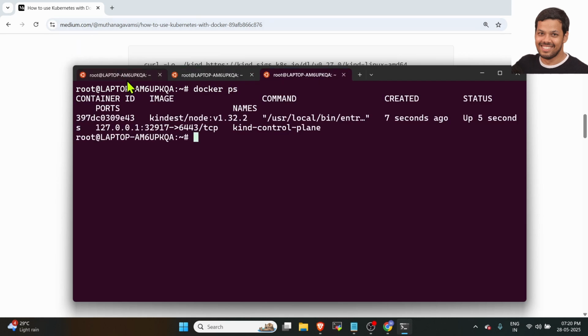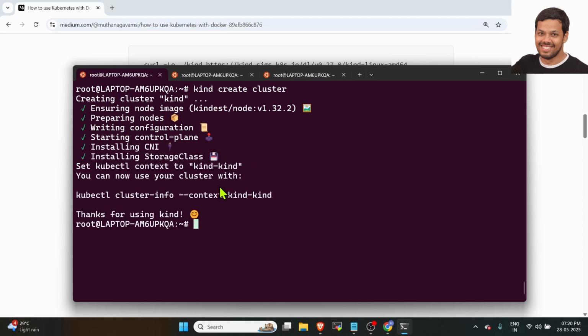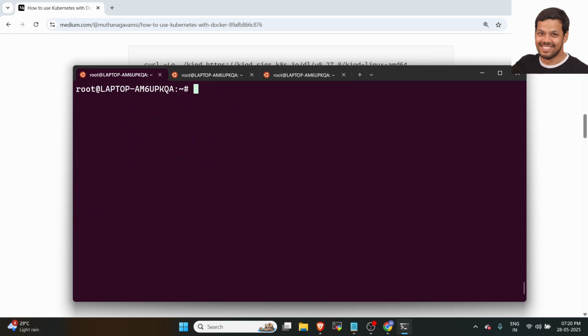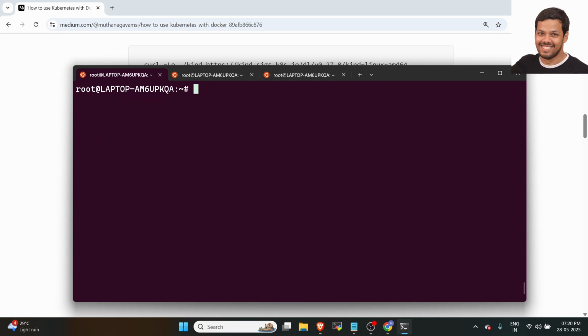That looks like it's up now. Okay, looks like this is up now. kubectl get nodes -a. Yes, the cluster is up and running. I think it's still setting it up, but as you can see, kubectl